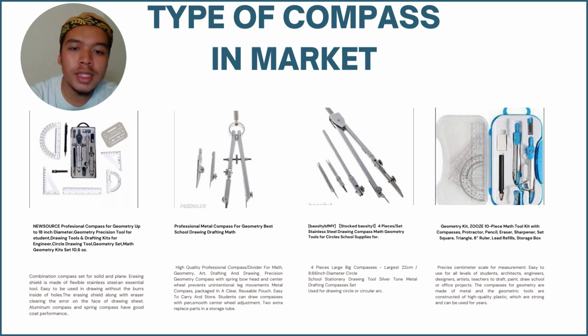The third type is a set of stainless steel drawing compass math geometry tools. For this type, four pieces of large compasses, the largest drawing a 22 centimeter, 8.66-inch diameter circle. For school stationery drawing tool, silver tone metal and drafting compasses set used for drawing circles or circular art. And the last type is the geometry kit,